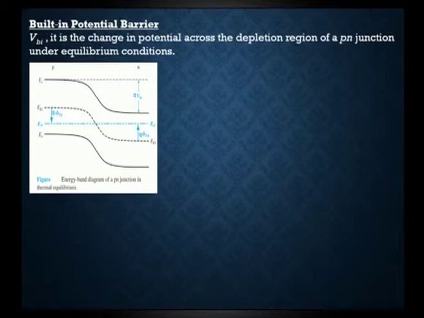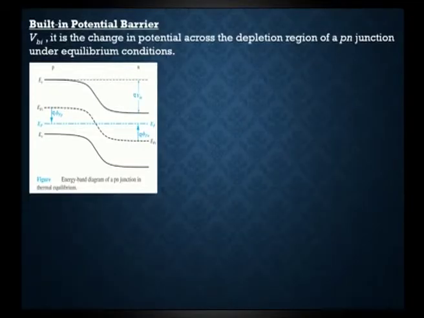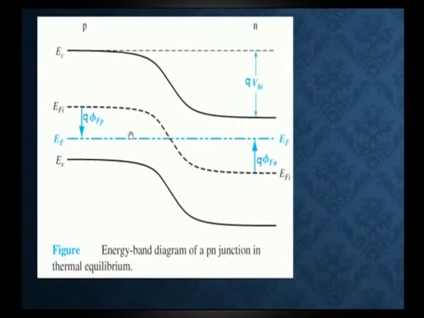The built-in potential barrier is a voltage, that is, a potential difference that occurs across the depletion region. So, the depletion region of a p-n junction will have a potential difference. This can be observed very clearly with the help of this picture. We already know that Na will always be higher than the Nd that we consider. Since Na is higher, the electrons from the N-type region will move to the P region and the holes will move to here.